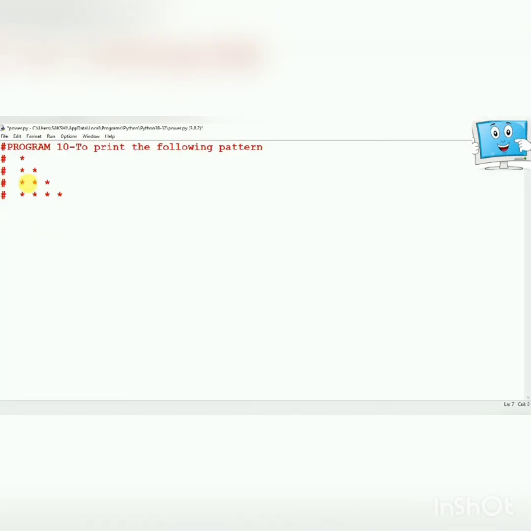So let us understand how we have to take. First of all, we need to take a variable which will store how many rows we have to print. Here we can see we have 4 rows of stars, so we can say n equals 4. Now we will start the first for loop, for i in range. It will start from 1 and the ending value will be 1 greater than the total number of rows. In this case we have the total number of rows as 4, so the ending value we will take as 5. So for i in range 1, 5.